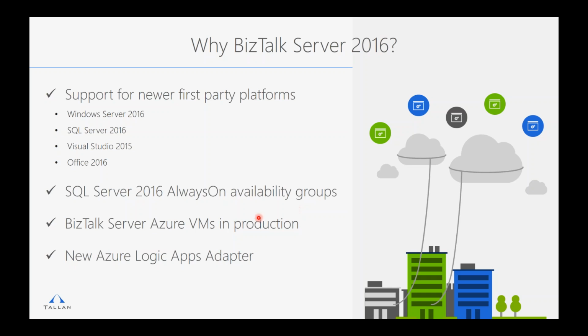which works perfectly now with hosting BizTalk Server and infrastructure as a service in Azure, because now you can run high availability scenarios. You can run a 2+2, in other words, 2 application servers and 2 SQL servers in Azure Infrastructure as a Service now because of the Always On capabilities. Previously, Azure, or still, Azure really doesn't support clustered services. So if you had to run SQL Server in a clustered mode, that really wasn't supported without some type of third-party clustering tool.